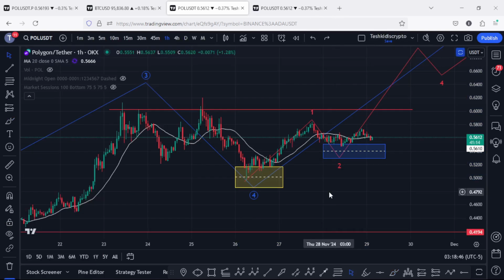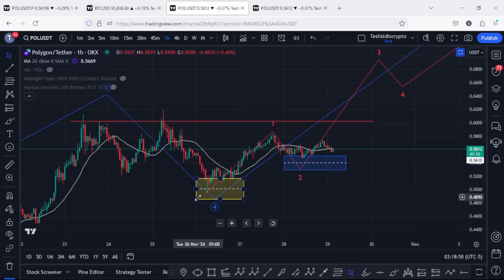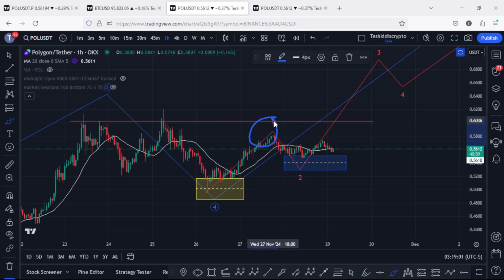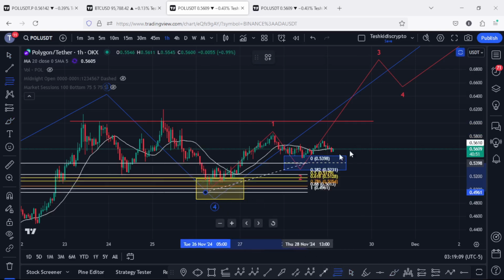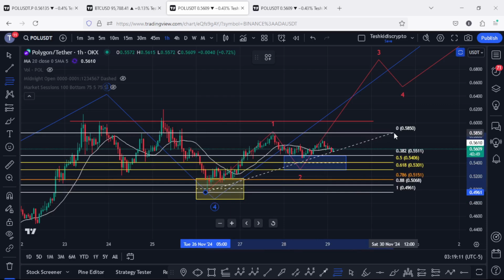And starting the video by first explaining this Deriv structure that I have here on the charts in red, which started to play out from the lows that we made on the 26th of November. You can all see that we first peaked in the formation of this wave 1. We saw a bit of a pullback yesterday in the formation of this wave 2 into the minimum target areas for that second wave, highlighted on the charts using that blue target area, an area that I came up with